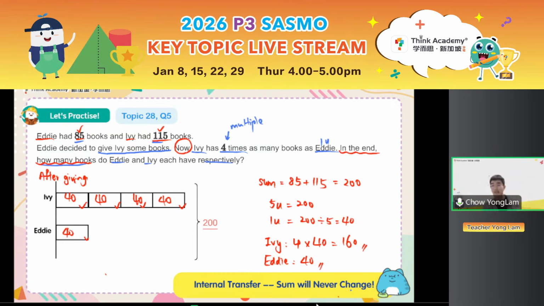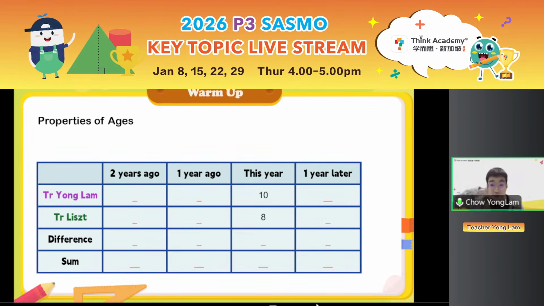Whew. So that's for sum, difference, and multiple, right? And we are just halfway through, by the way. We still have 3 more questions. Hopefully we can finish it in time. Okay, so this is the 3 core tips that I want to share with you about normal, sum, difference, multiple. But what type of situation do we often see this appear as well? It's actually age problems, right? So we are going to look at the properties of ages together, right?